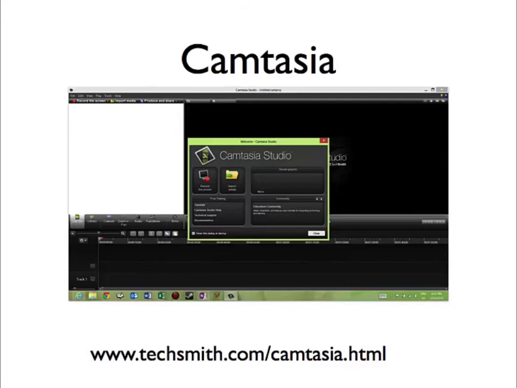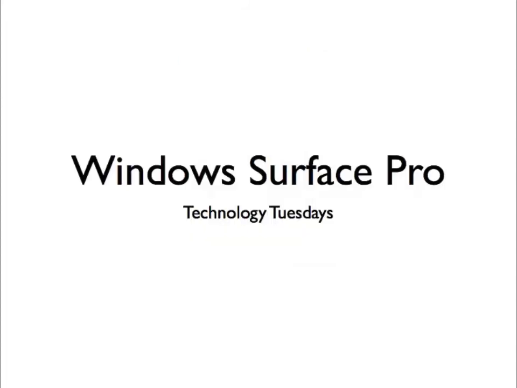Anyway, that was me very briefly talking about the Windows Surface Pro. Just to reiterate, this is a device that is now supported by DePaul. I think it's something that's worthy of consideration for faculty. I think the combination of improved PowerPoint, Open-Sankoré, Camtasia, and stylus makes this a very engaging device for faculty to use. Historically, I've been a fan of Apple devices. I typically use a MacBook Air, but the Surface Pro is something that I've started to use more in the classroom. I think that there are certain advantages that this device has that Apple